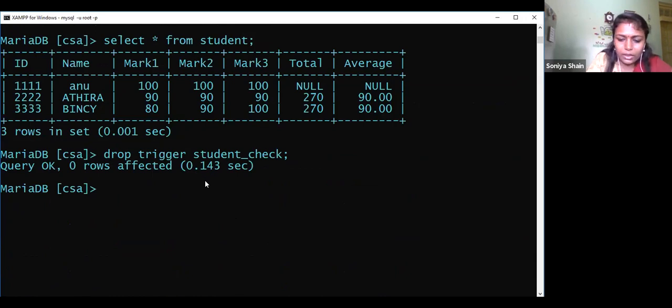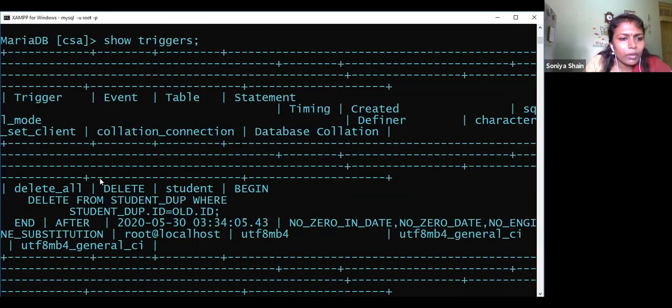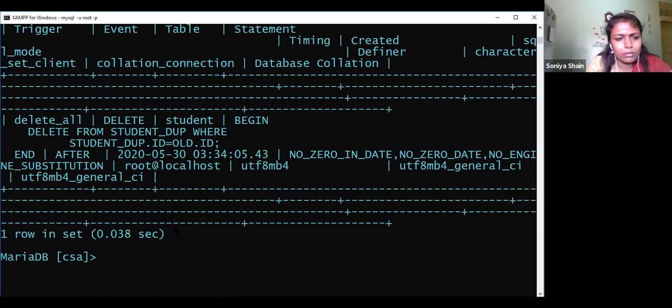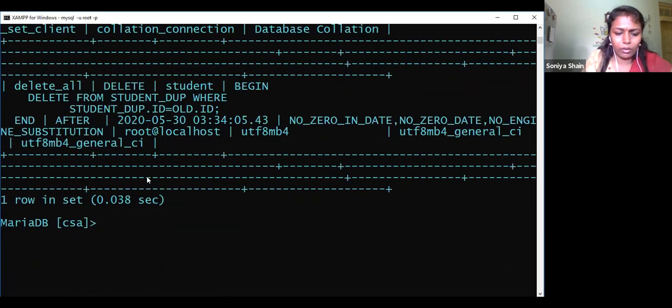You can also see it with show triggers. To see the triggers, show triggers. Here one trigger is there, delete all. Let it be previous one or something only. Our trigger is not there. Delete all. Also, I will drop now.